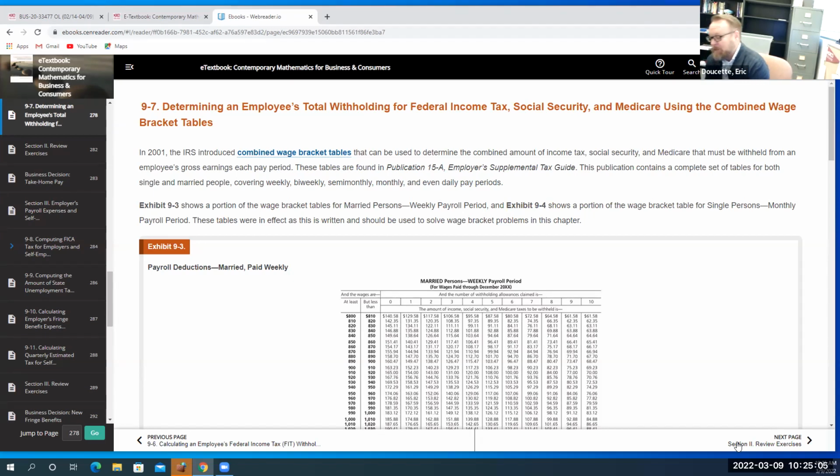I don't know if you realize this or not, but when you are a business owner, you have to pay taxes on Social Security as well. You pay taxes as the employee, but the employer also pays 50% of those taxes as well. So Social Security and I think Medicare. Exactly, yeah.